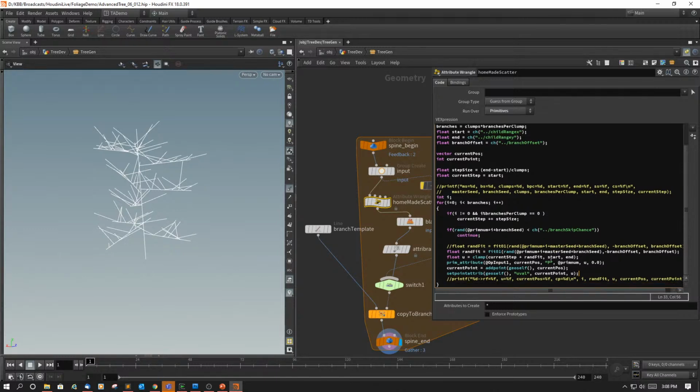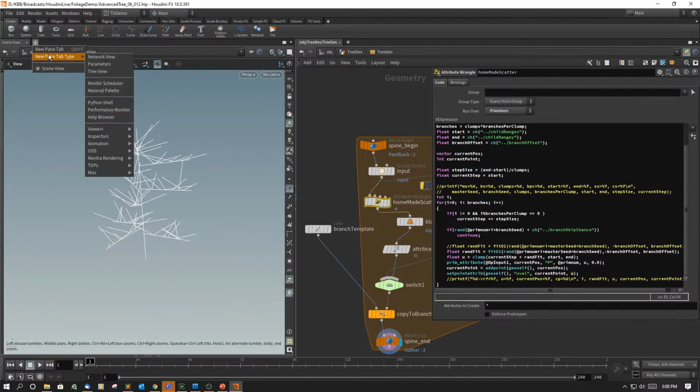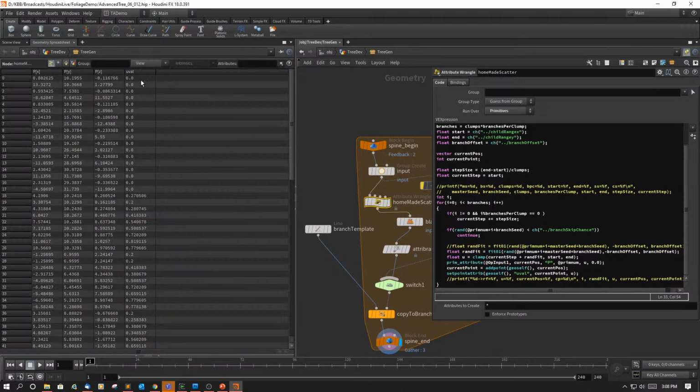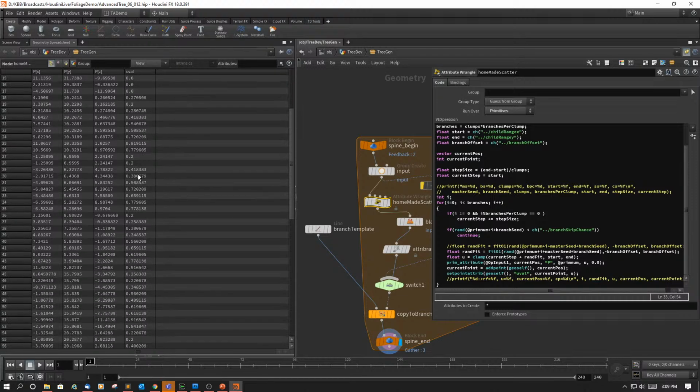So let's go ahead and make sure that this works. I'm going to hit Alt Enter. Okay, I didn't get any errors or anything. So let's see if this actually worked. I'm going to come over here to Scene View, and I'm going to hit plus, Pan Type, and I'm going to go all the way down to Inspectors where it says Geometry Spreadsheet. Aha, there's our UValue. And our UValue starts off at 0, and then it's going to go all the way up, ultimately,